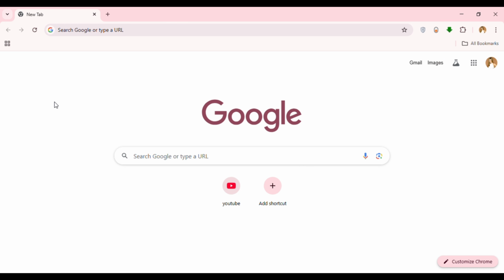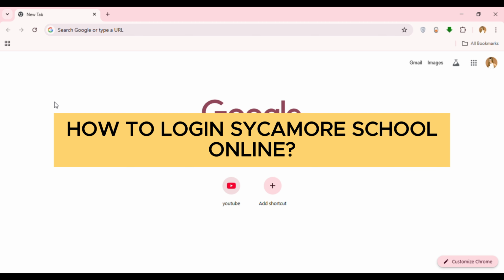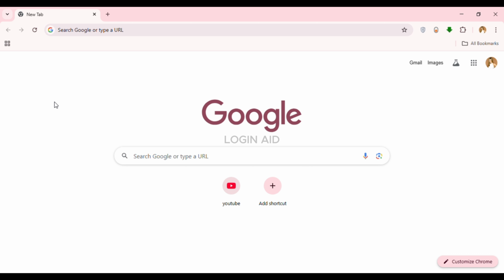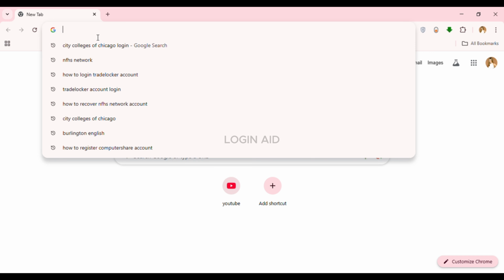In this guide video, I will show you how to log in Sycamore School online. So first of all, launch open any browser of your choice. You can see over here I have opened Google Chrome. Now click on the search bar. Now what you have to do is type in